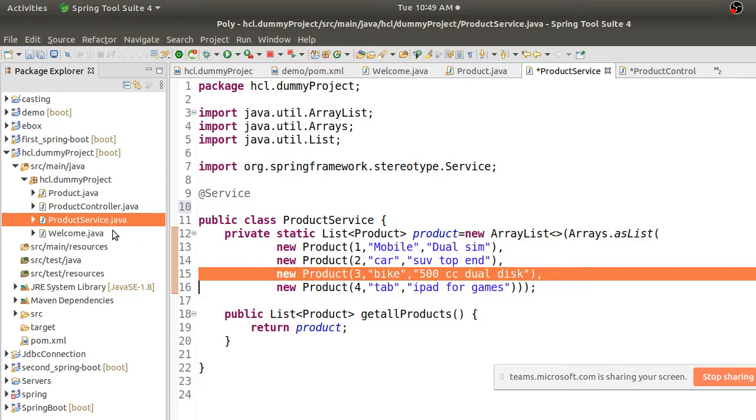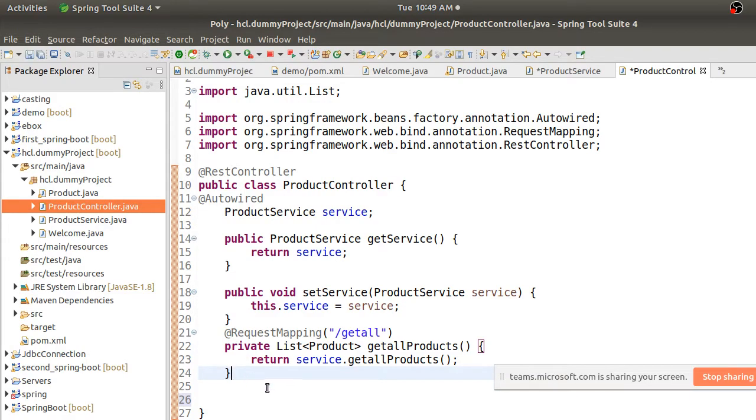So if I want to configure it, I can write a separate method for it. Say I'm requesting slash get product. Here I'm not only requesting for product. Say I want product /1. So product /1 will give you only the first product, or the second product, 2 or 3.